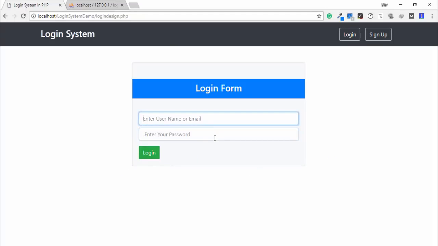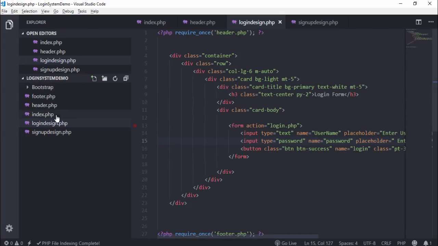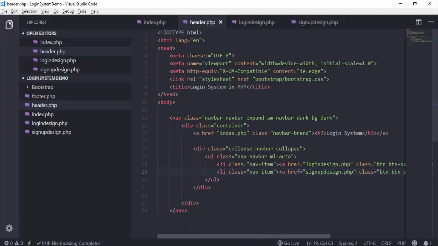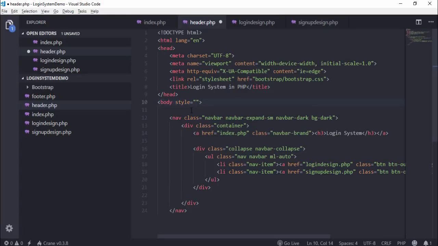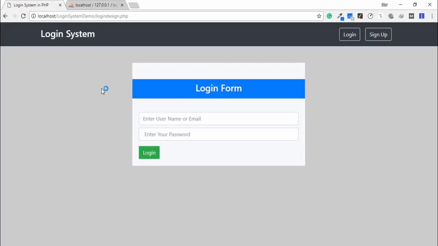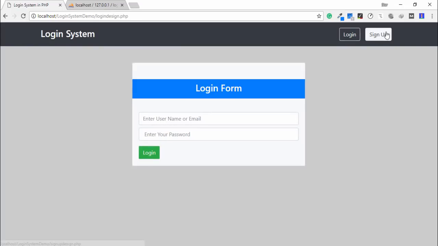Okay, this is our login form, and I want to change the body background color, so I go to header.php and this is our body tag, and I use inline style background #CCC light gray. Save it with the page. This is our light gray, this is the index, this is a login form, and this is a sign up form. So guys, we have successfully designed the login form. We will create the same sign up form on another page,